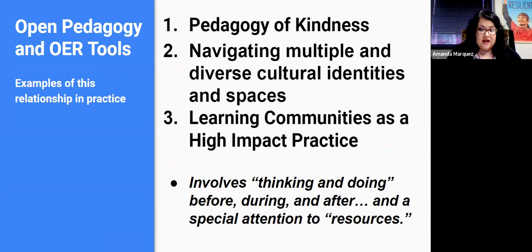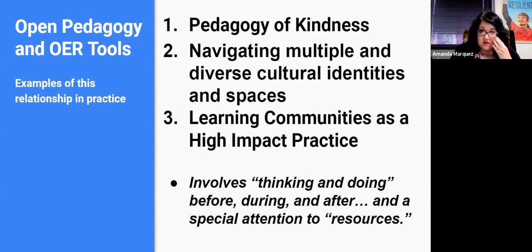Okay, so for this next section, there are three things that we wanted to touch on that we felt really were critical to understanding our pedagogy and how we embed OER into our courses. And so the focus for the next few slides is going to be this notion of pedagogy of kindness, ways that we attempt to help students navigate their multiple, diverse, and cultural identities and spaces.